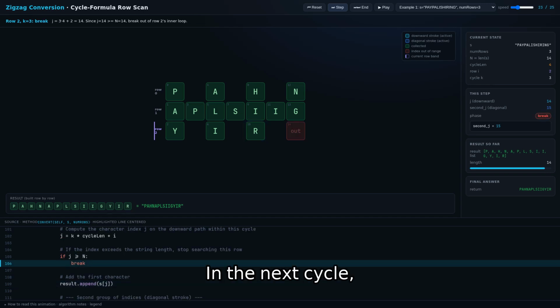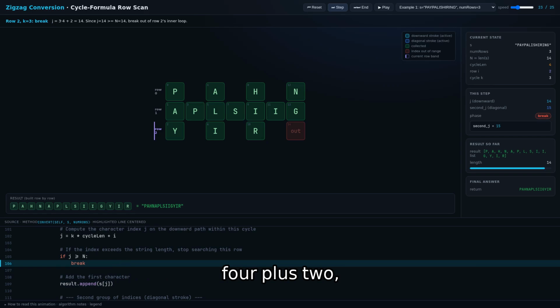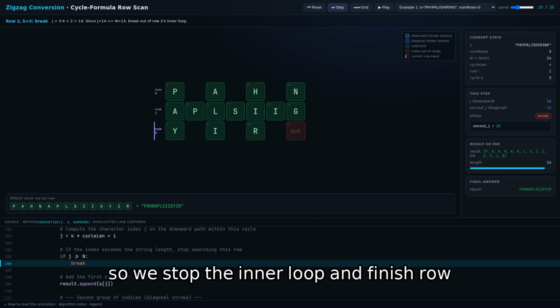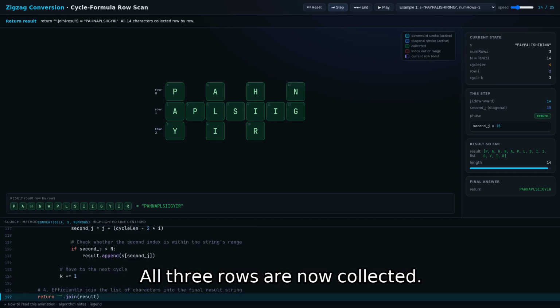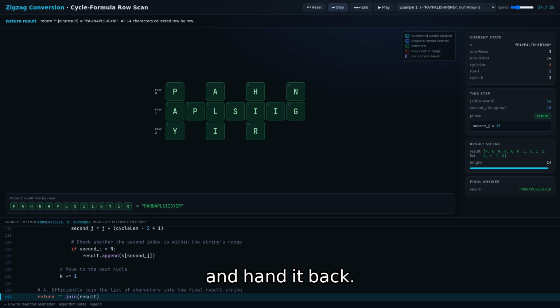In the next cycle, the downward position would be 3 times 4 plus 2, which is 14. Since 14 equals the length of the string, it is out of range, so we stop the inner loop and finish row 2. All 3 rows are now collected. We join the result list into a single string and hand it back. The final answer is spelled